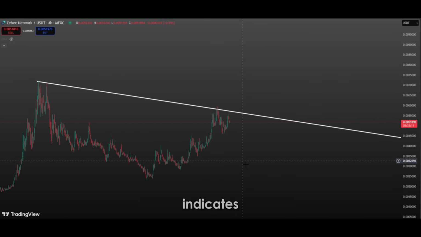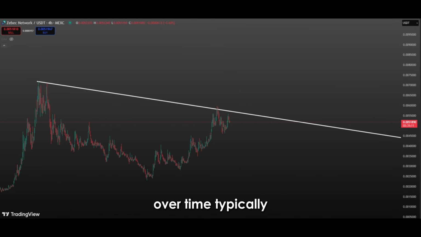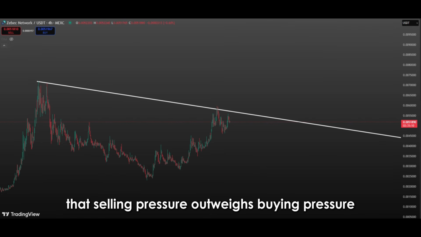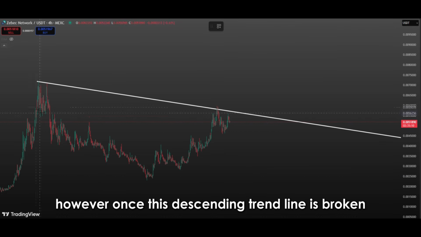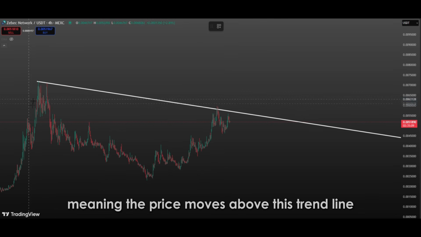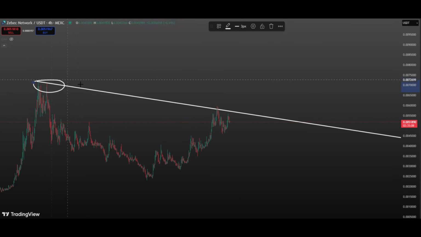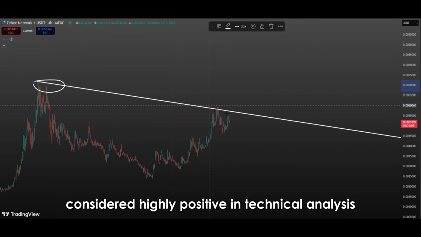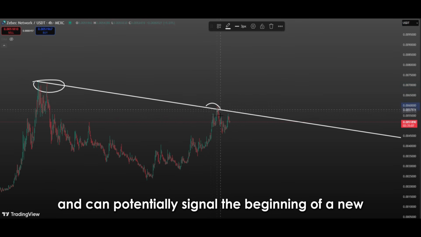A downtrend indicates that prices are exhibiting a downward trajectory over time, typically meaning that selling pressure outweighs buying pressure in the market. However, once this descending trend line is broken, meaning the price moves above this trend line, it may indicate that the character of the market is starting to shift. Such a breakout is considered highly positive in technical analysis and can potentially signal the beginning of a new upward